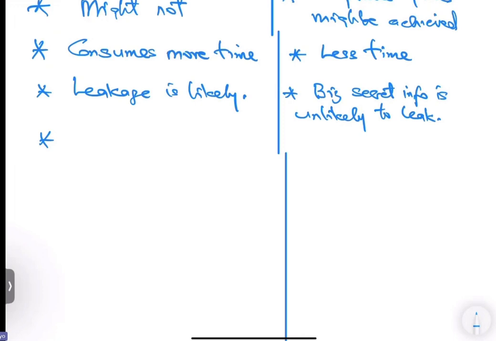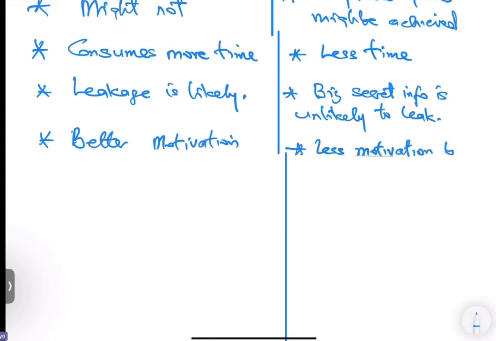And because the budget for participatory is also coming from those guys, remember, I said it earlier on, better motivation will be achieved here. They will take ownership because they prepare the budget. And what you get here is less motivation by those junior managers. They might not even be happy. They might just feel like you're imposing the budget on them, right?